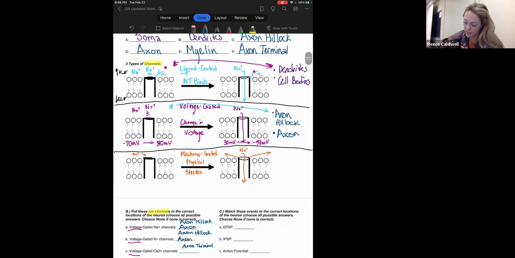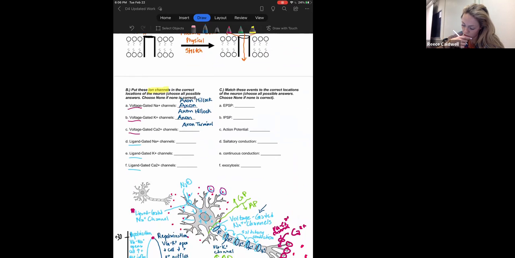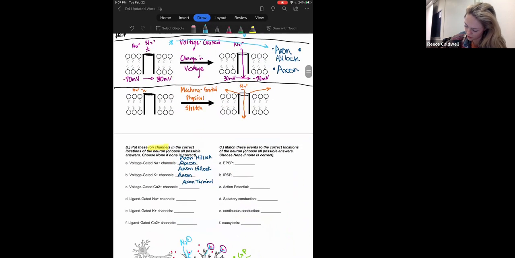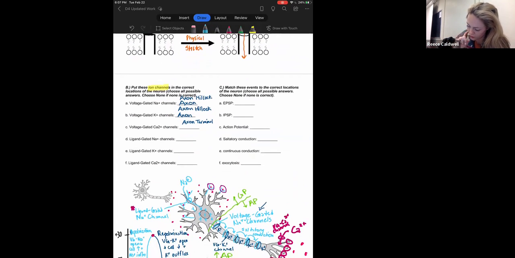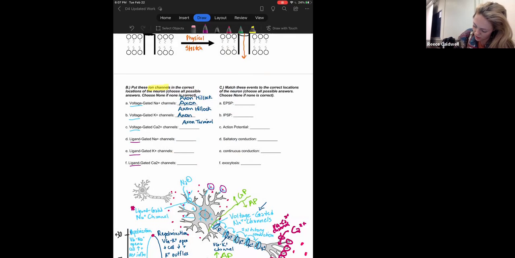And again, we kind of pointed that out here. All right, cool. And I color coded this wrong again, didn't I? Yes, I did. Sorry, when I did this on paper, it went very smoothly. I don't have my answer key in front of me. I'm just doing this from memory, so my color coding got kind of messed up. So our voltage gated channels, we put them in blue, and our ligand gated channels we're putting in this purple